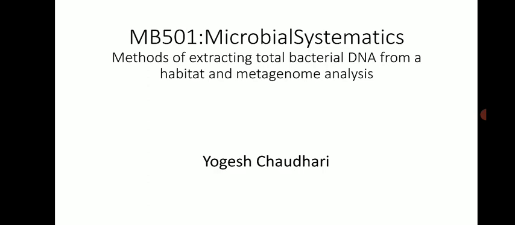And here, especially in the case of metagenomics, as we are going to take samples directly from environmental sources, a lot of contamination is there, and there is a necessity that the samples that we are going to analyze are highly pure. They should be free from any sort of contamination, otherwise it will create problems. It creates hurdles in the results and analysis part also. So this is a very crucial step in metagenomic analysis and other kinds of analysis also.